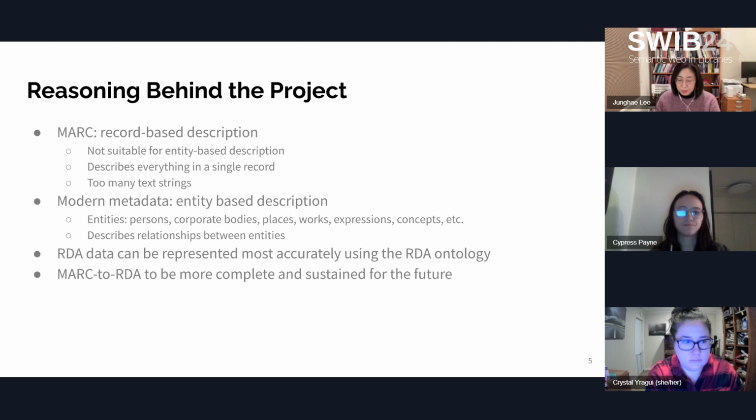Modern metadata employs an entity-based approach, defining entities such as persons, corporate bodies, places, works, expressions, concepts, etc. This approach focuses on describing relationships between entities. RDA data can be represented most accurately using the RDA ontology. The project aims to make the transition from MARC to RDA more complete and sustained for the future.